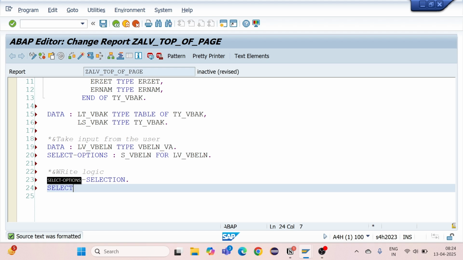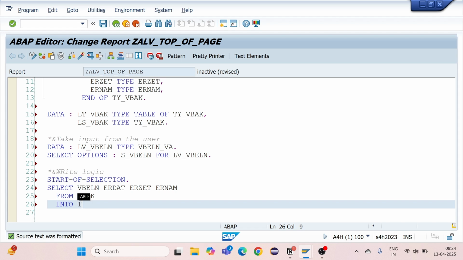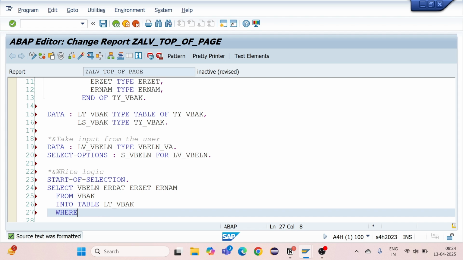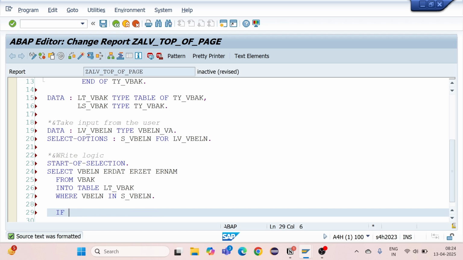So select VBELN, ERDAT, ERZET, ERNAM from VBAK table into table LT_VBAK, where condition the sales document number in S_VBELN. Yes, in S_VBELN, right? I will check if LT_VBAK is not initial,